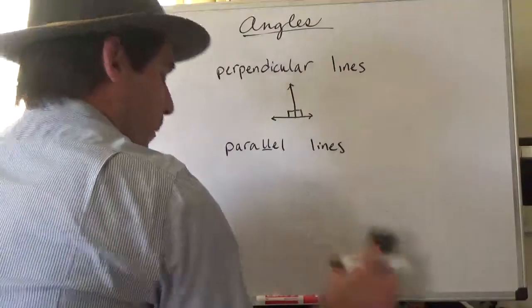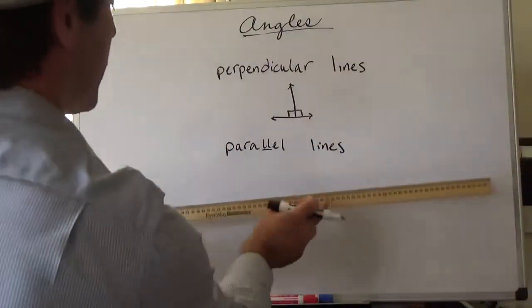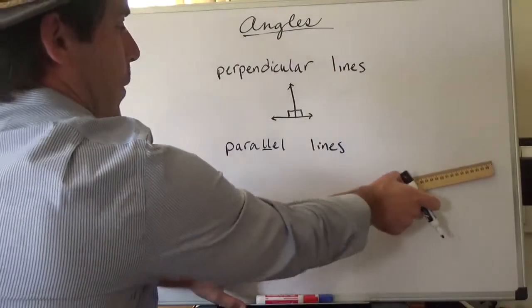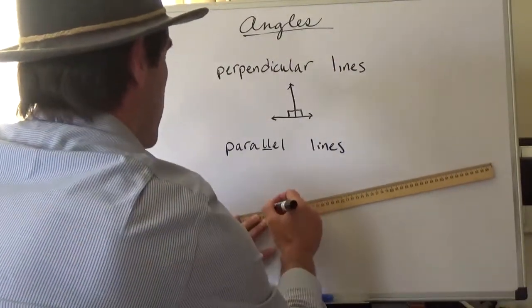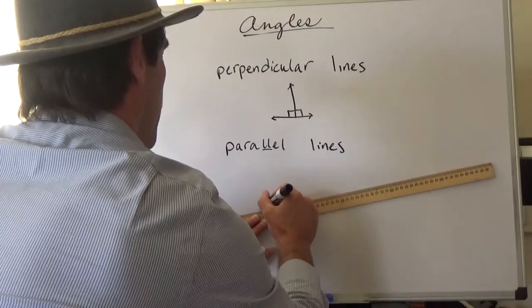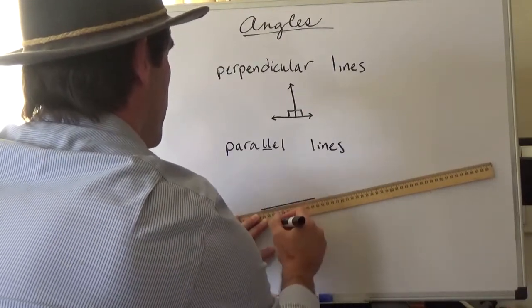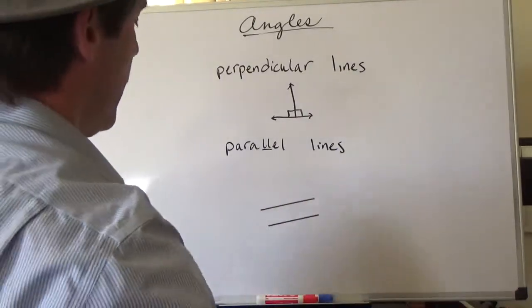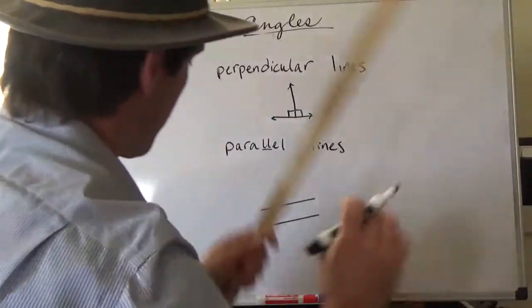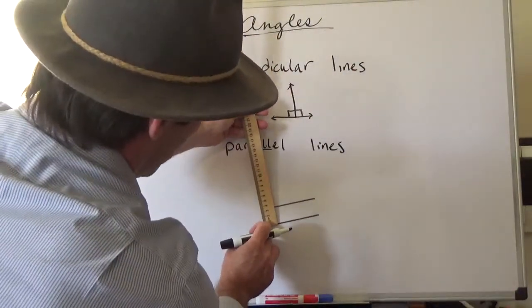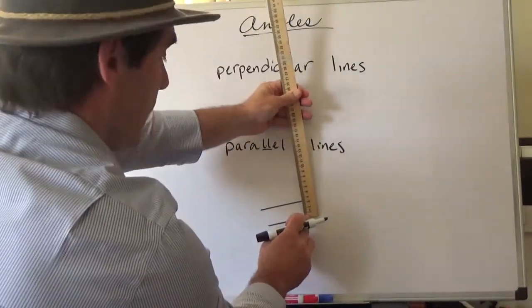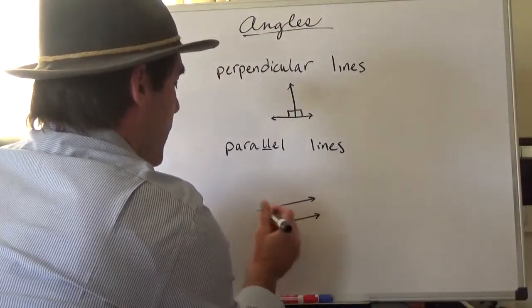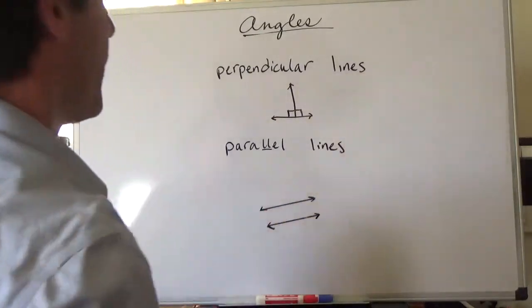So if I wanted to get more specific, I have a meter stick, and if I could hold this steady, we know that the meter stick is the same width all the way across it. So if I can hold this steady and not mess up, I can draw two parallel lines. We did this in class with a protractor actually, but I think this is about 3 centimeters, the width of this, about 3 centimeters there, about 3 centimeters there. So these lines are parallel. They go in the same direction forever, and they will never meet